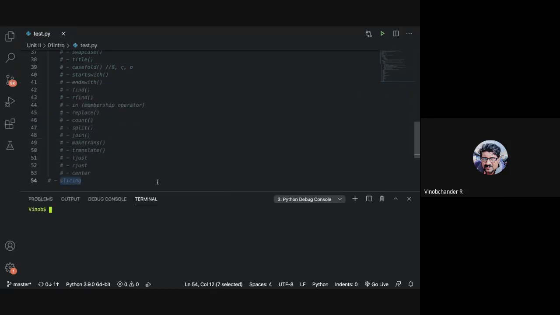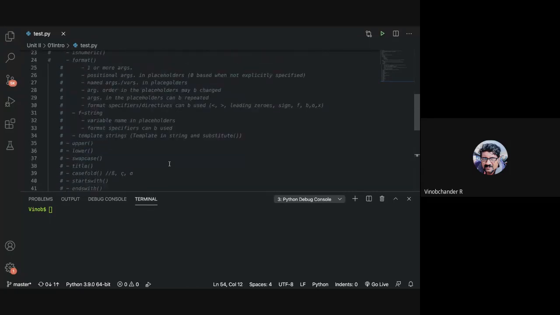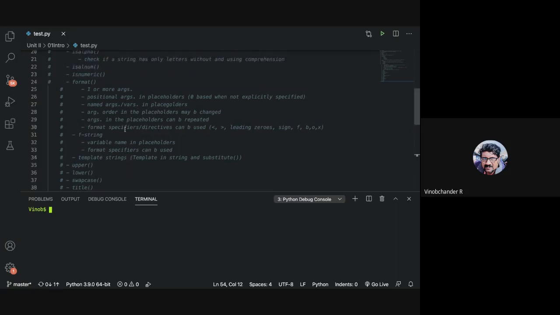Okay, so that was slicing, guys. Let us revisit formatting once again and see one more aspect, template strings. But before we see this particular aspect with a very simple example, on these points, again, a kind of refresher or a recall. One or more arguments on format, positional arguments in placeholders. All these things we have discussed, but do you want to have a revisit once again, guys, on format and fstring? Yes, sir.